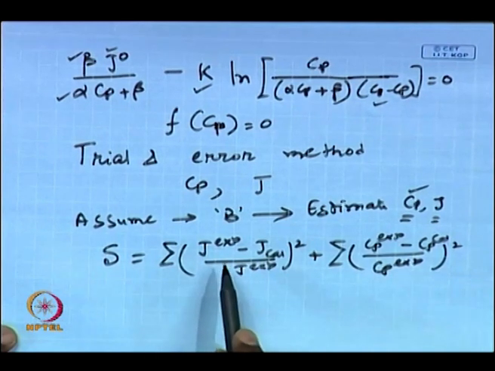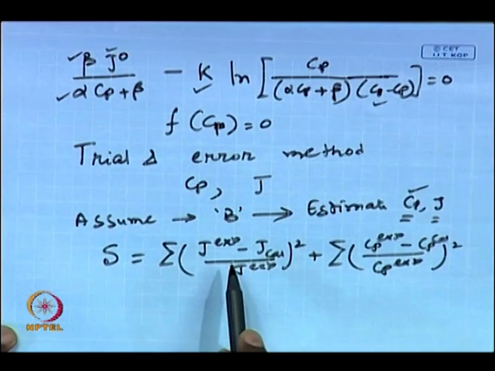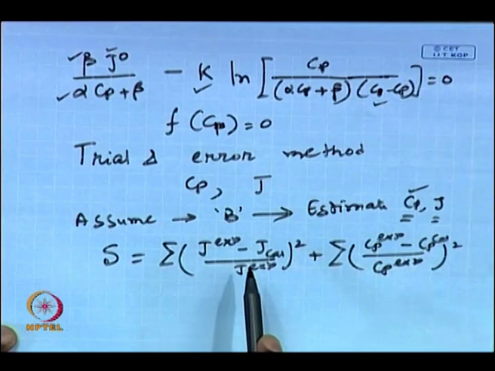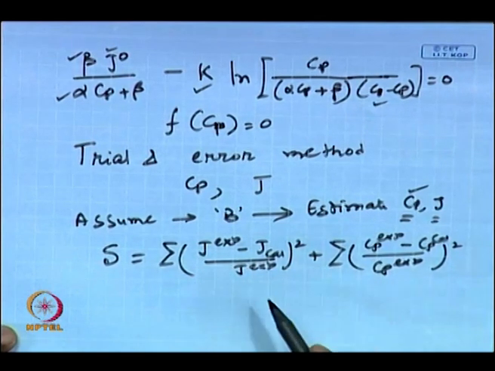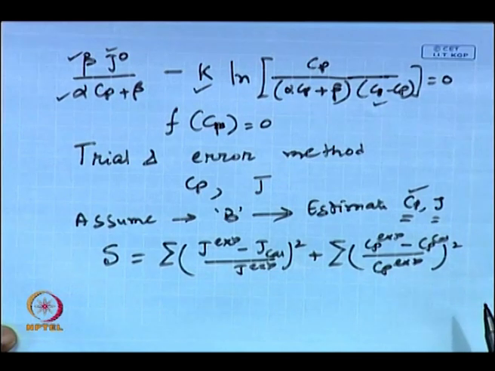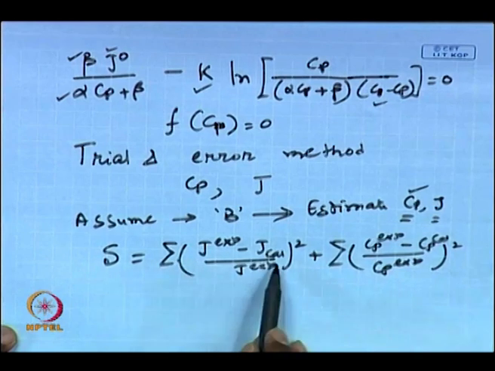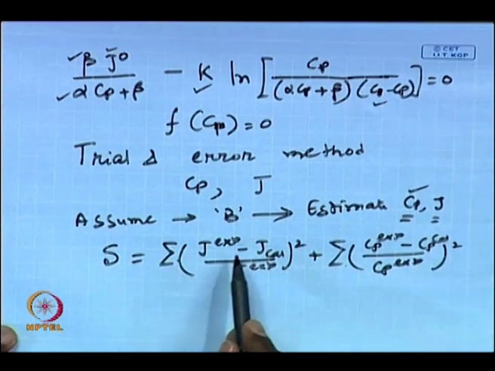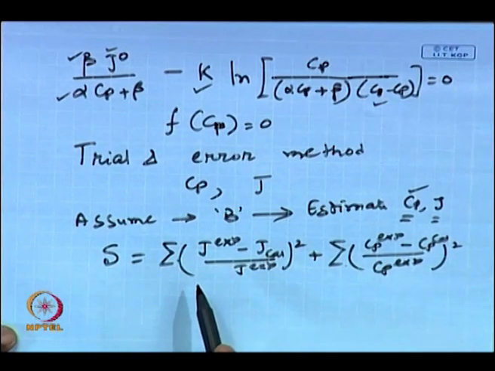Typically, the value of the solvent flux will be in the order of 10 to the power minus 4 to 10 to the power minus 6, from microfiltration to reverse osmosis. On the other hand, permeate concentration will be some ppm, let us say 1 ppm, 2 ppm, 10 ppm, something like that. So, if you compute this square and if you compute this square, there will be a mismatch in the order and you will land up with a wrong conclusion or calculation.